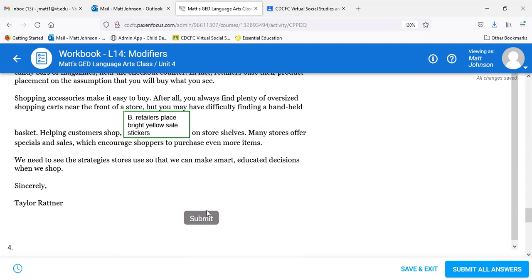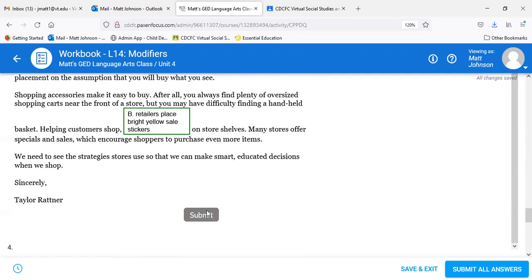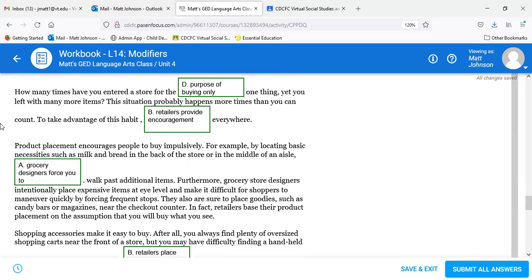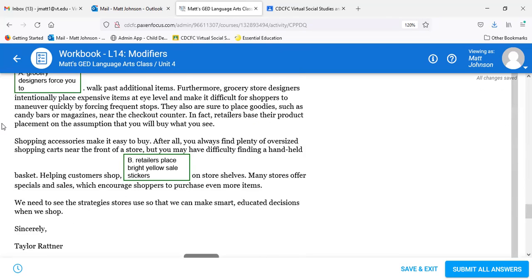All right, that makes me think of Giant Eagle, because I go to Giant Eagle out on Sawmill, and I noticed they don't have any handheld baskets. Like, you have to get a cart or carry everything around. Now it's gonna make me think about that. Are they doing that on purpose? At Kroger, you can go right in and get your little basket. Okay, so